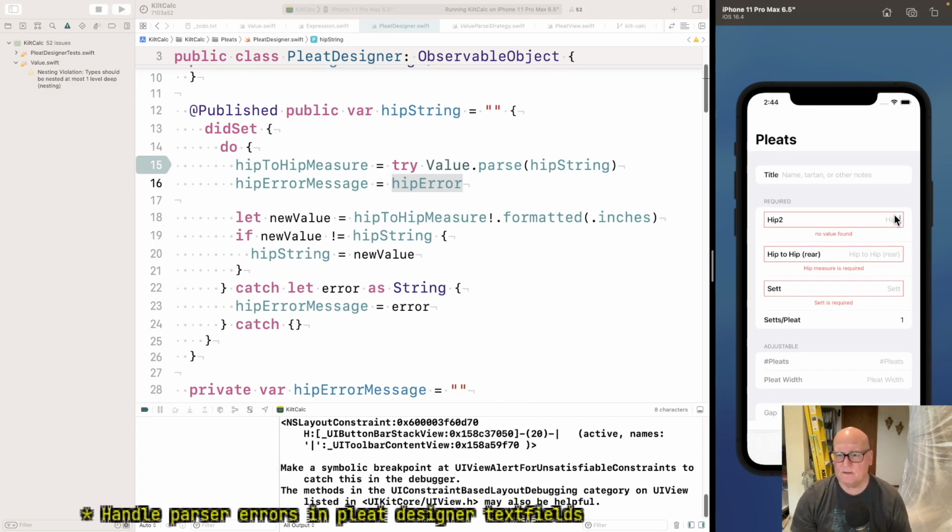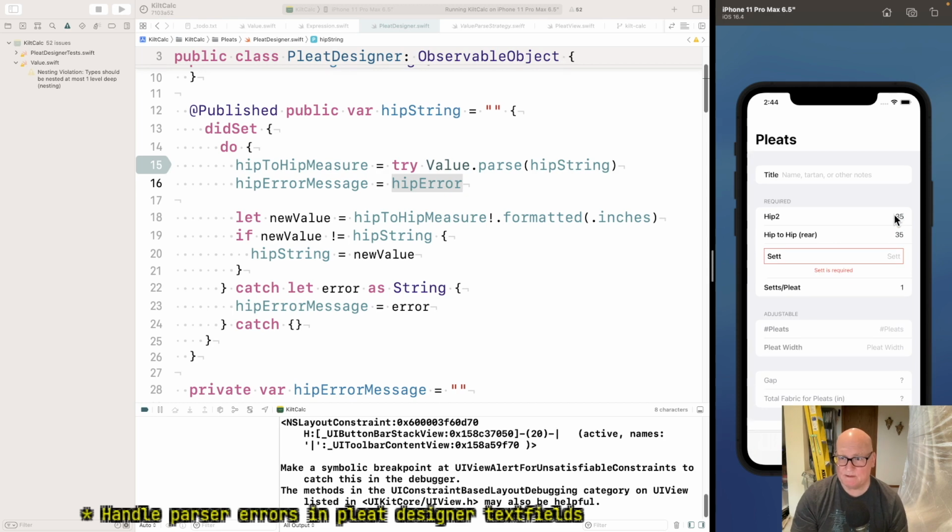Okay, no value found. So this is one I was kind of afraid of. If it's no value found, we don't really have an error or anything yet. And we want to say hip measure is required. Okay, that's one problem. 3.5.